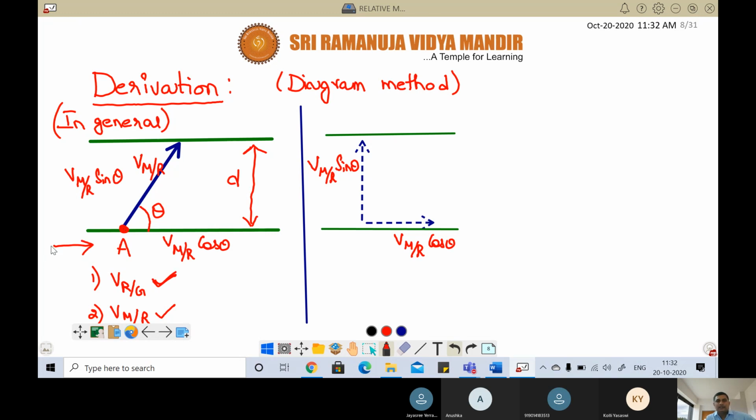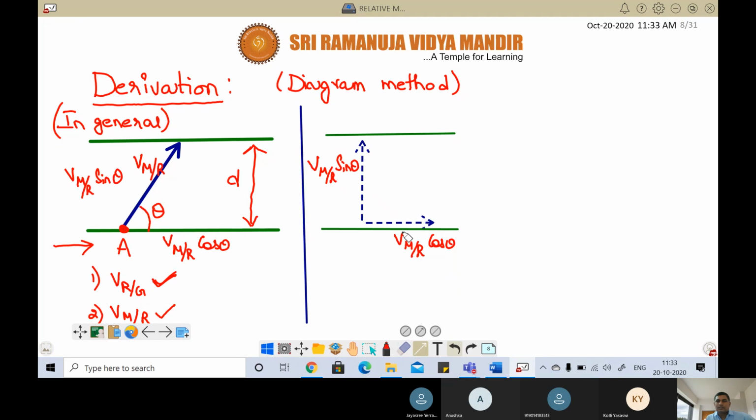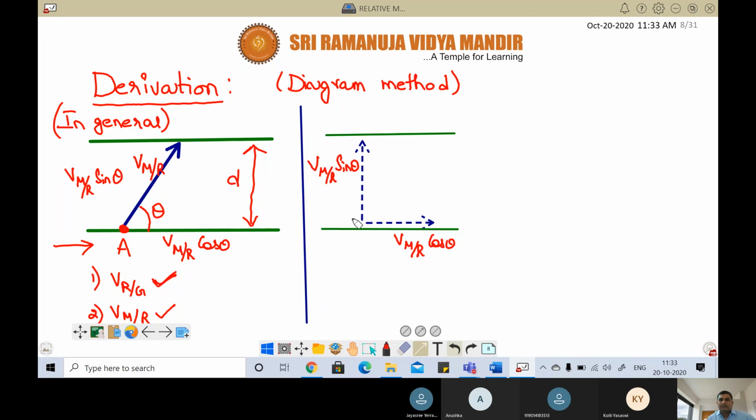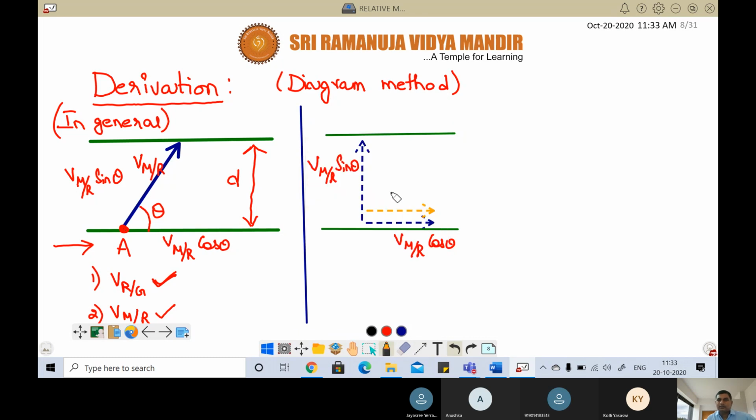Bhavya, you asked, no? This will always be towards the x direction. Okay, so let me take that one with another arrow, in another color, maybe orange. Now that is towards this side. How much is this? This is nothing but called the velocity of river with respect to ground.